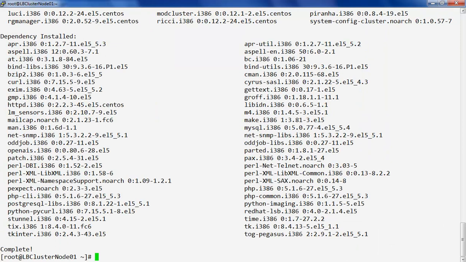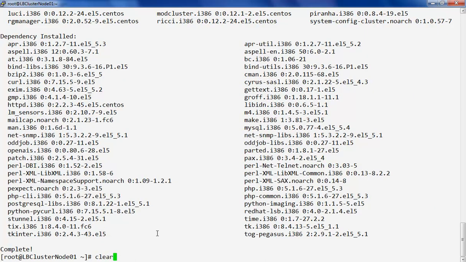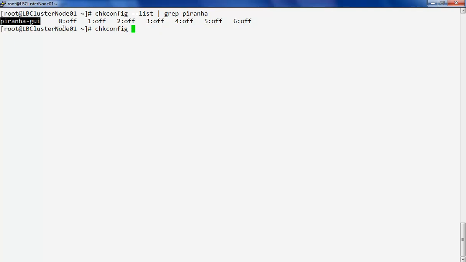Alrighty then, it has installed, and that was a whole lot of packages, but that should install the Piranha GUI. So a couple of things we need to do. We need to make sure we add it to, by the time we list the Piranha, we should find the Piranha GUI off, and then we're going to make sure that this is enabled during startup. Okay, so I'm just going to enable this,